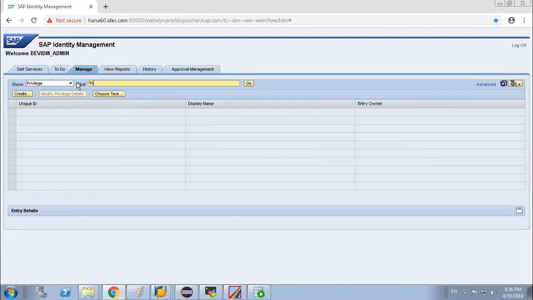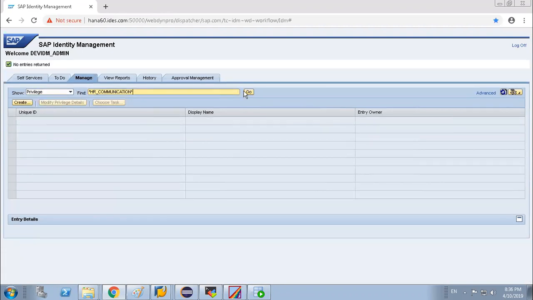Definitely it will not be there. The function module is called HR communication. You have to create this function module as a privilege. Once you add this function module as a privilege over here, then you can update those things into your HR system.